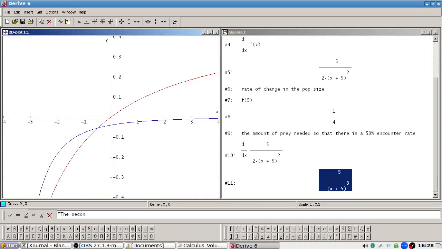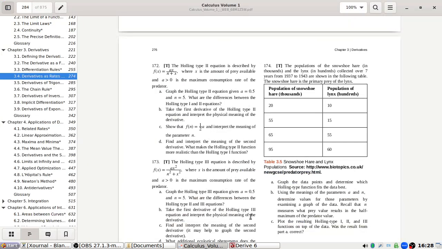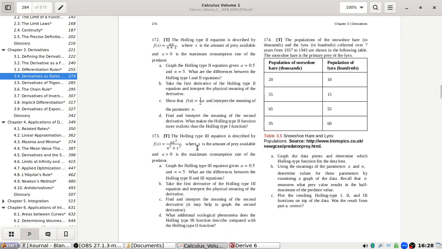The second derivative is always negative, meaning the growth rate of the population is reducing. Okay. Then we have